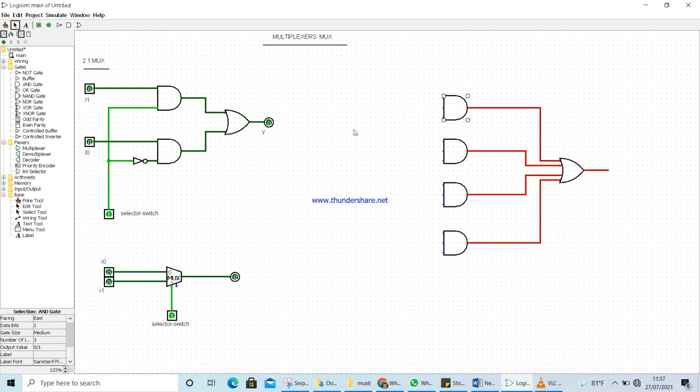This is the right side, so I need to have the switches from here, the switch line. So let me take a wire and I'm going to draw my switch like this,